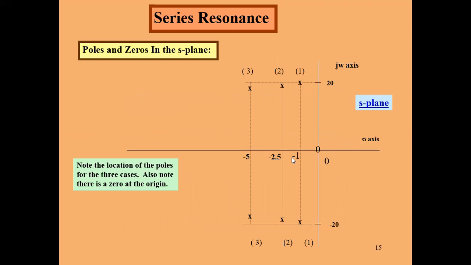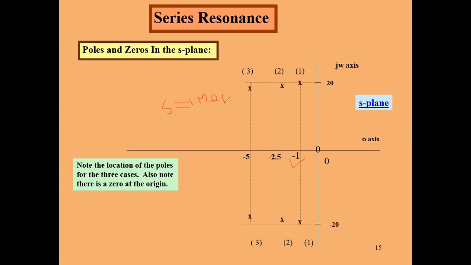So here we read the equation as S plus 1, because if S is equal to minus 1, then the value is plus 20,